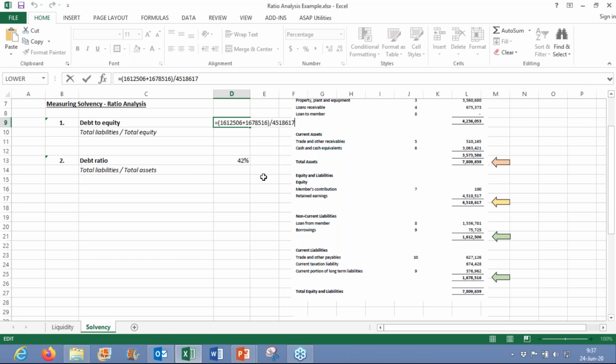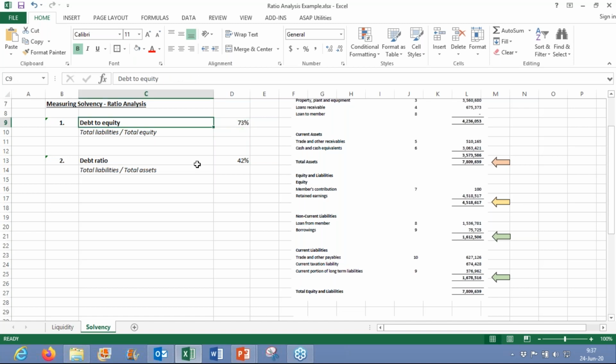How well or what is their gearing like? How much debt do they use in relation to equity? About 73%. Now, I mentioned earlier that your rule of thumb is about 50 to 50. You want 50% debt, 50% equity. So this might seem a bit high. But if you look at what their liabilities are actually made of, you can see that your borrowings, that 75,000 plus the short-term portion of about 300,000, gives you just over 400,000 Rand of possibly interest-bearing debt.